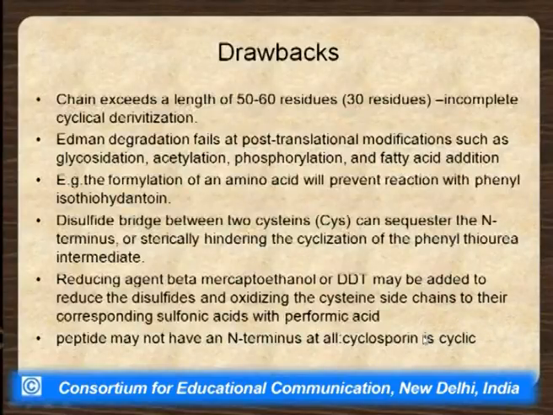And many a time a problem may be that a protein or peptide does not have an N-terminal. How can that be? Well, certain molecules such as cyclosporin, which is a cyclical molecule, do not have an N-terminal. So, what do you do in that case? Also, there is a question on the efficiency of sequencing. We are talking about a chemistry, a technique from maybe 60 years back, and it definitely has some efficiency issues which are answered by new developing technologies.